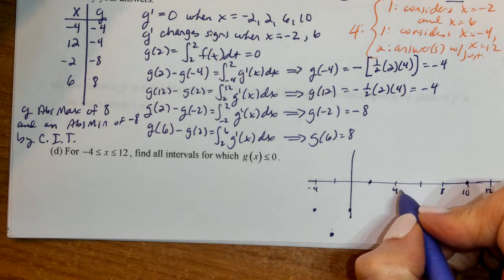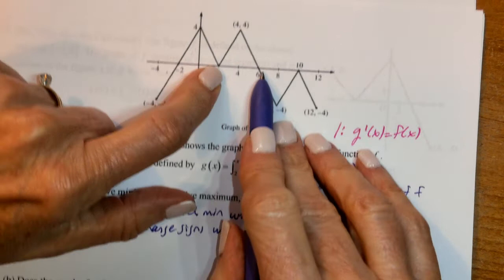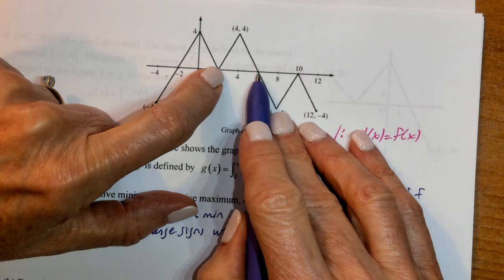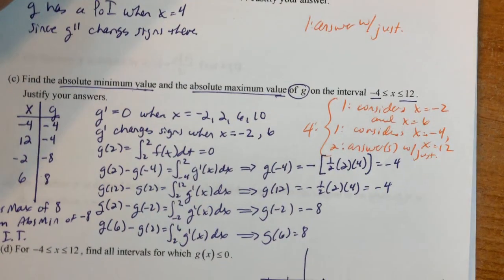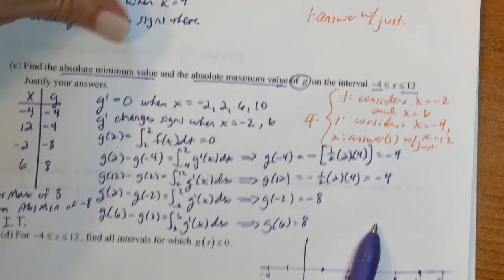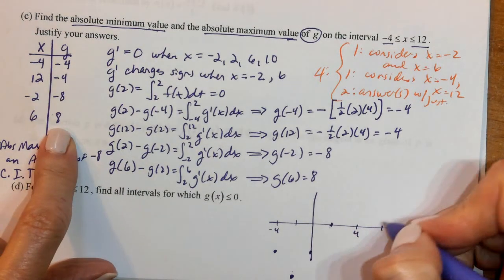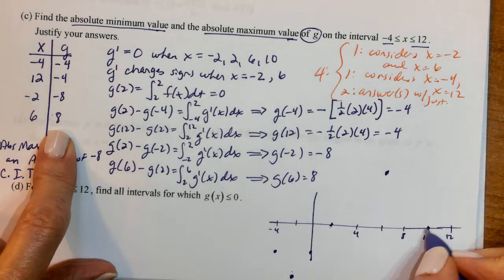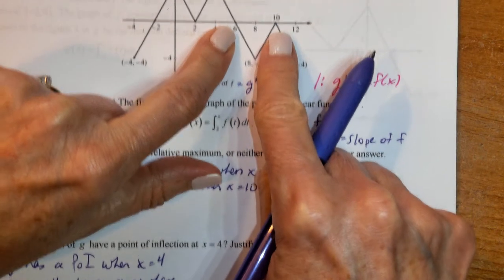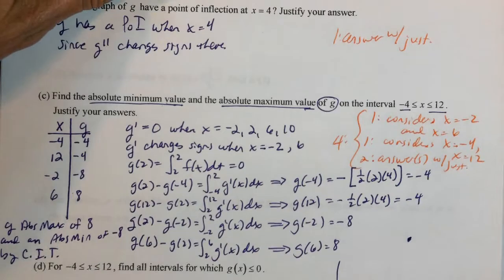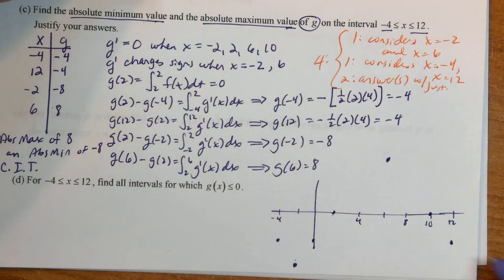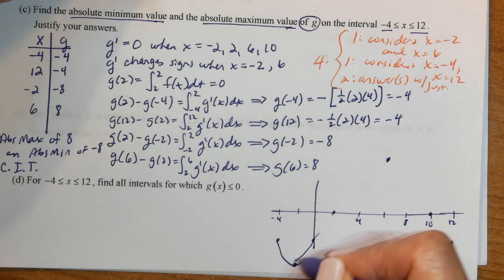And then from 2 to 6, g prime is positive, so I'm increasing. From 2 to 6, I'm increasing. So from 2 to 6, I'm increasing until I get to 8. And then from 6 to 10, I'm decreasing until I get to 0. And then from 10 to 12, I continue to decrease. So I'm thinking this goes something like